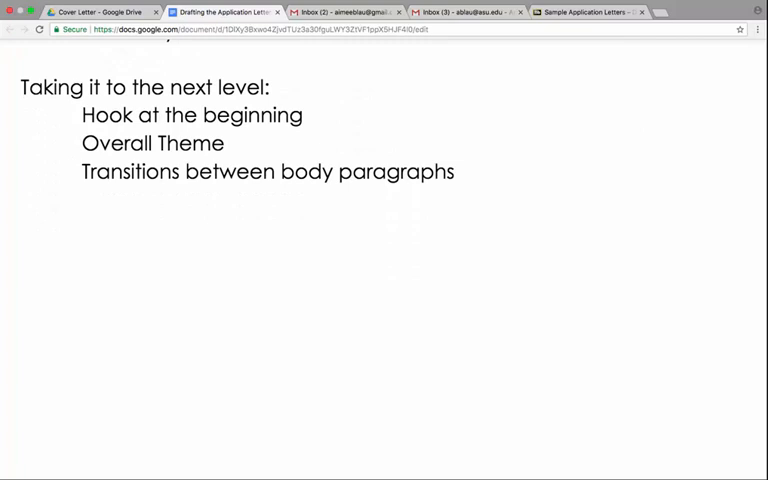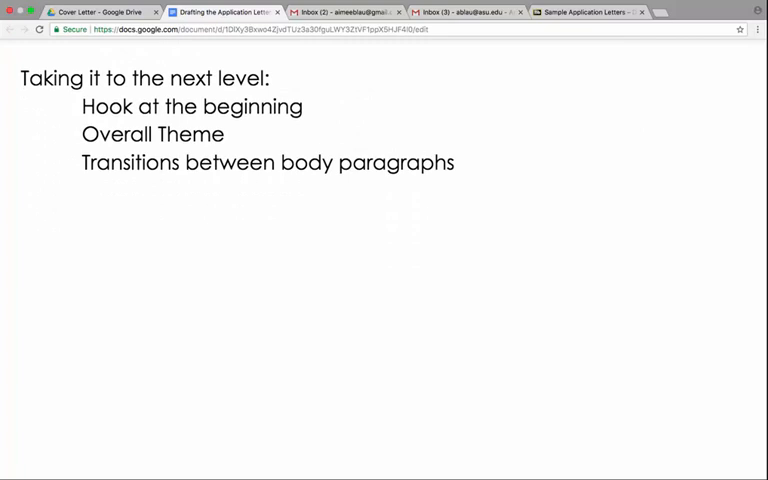The last thing I want to talk about is taking your writing to the next level. So if you really want to stand out from all the other applicants, I would recommend that you have some sort of interesting hook at the beginning to grab their attention. This shows personality and sets you apart from other applicants. Something else you can do is have an overall theme that ties all of the skills and all of the paragraphs together. An example of this is my husband applied for a job at Banner Hospitals, and